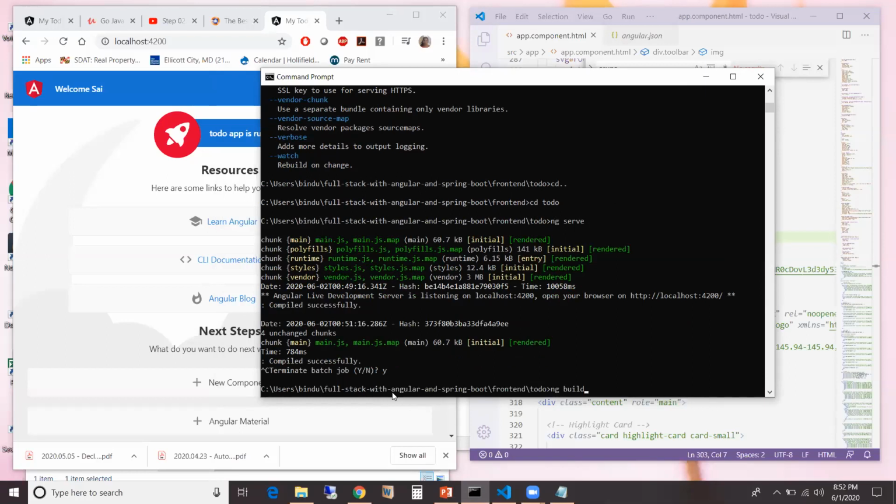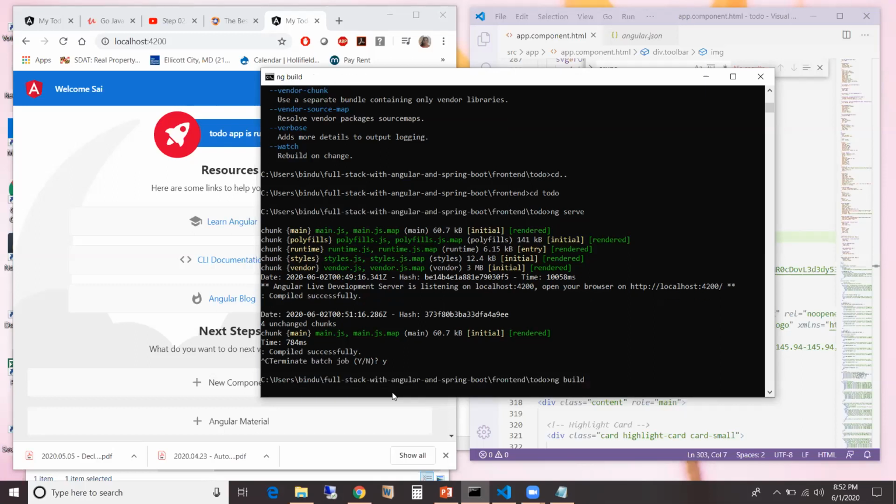Ng build and ng serve are similar with a small difference. Ng serve is a process that keeps on running. Initially, it makes a build, and then it keeps on running while it is monitoring the changes that the developer does. Ng build also builds the code, but it does it only once. It doesn't keep monitoring for anything.